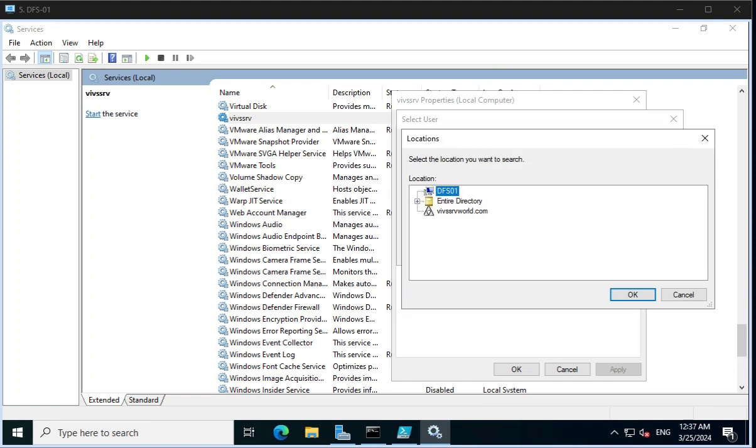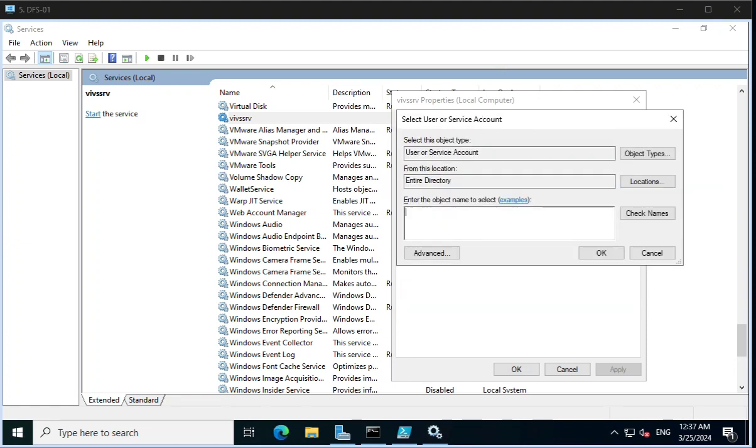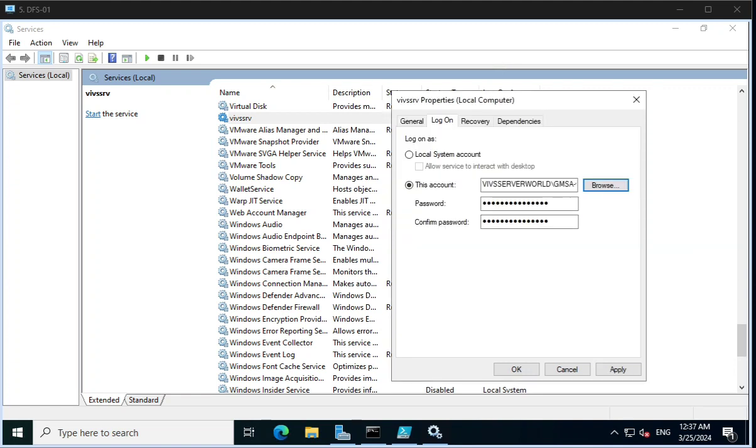Here we will search our domain name. Here you can see we have created this group managed service account. Click OK. Now we will remove this saved password,